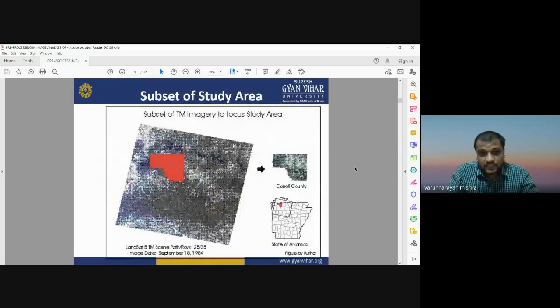Also, subsetting of the study area is important, as we know that a satellite image is very large. One scene of a Landsat image is very large, and if your study area is small in comparison to the large scene of Landsat, we need to perform subsetting of the study area. Subsetting can also be considered a part of image pre-processing. We need to extract our desired study area on which we are going to work. There is an option of subsetting available in software, so you can perform subsetting using options in the software.